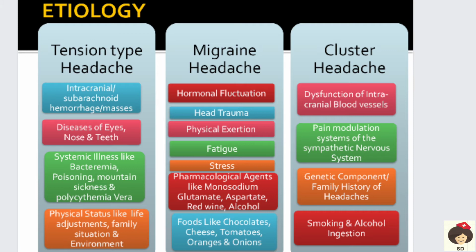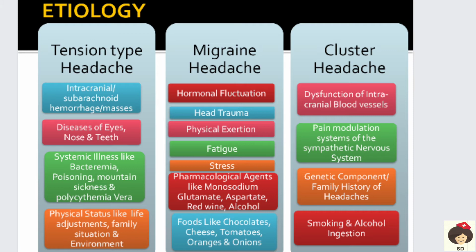So again, when there is any aneurysm or any infection in the blood vessels, so whenever there is dysfunction of the intracranial blood vessels within the cerebrum that are supplying, then the person can go for cluster headache, because there is improper blood flow to the nerves and nerves are getting damaged. And pain modulating systems of the sympathetic nervous system. Okay, so there are pain theories where the sympathetic nervous system is stimulated whenever the patient is